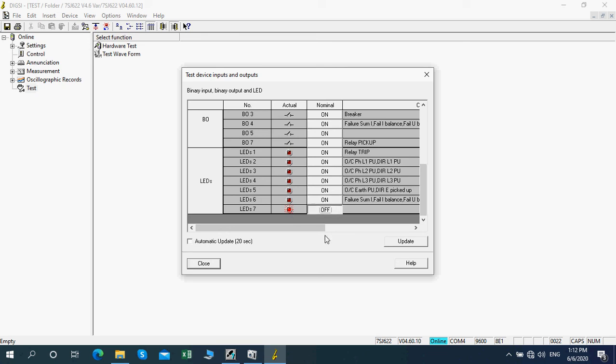Here in Siemens it's under test mode. In ABB this will be different, that is also under test mode. In Areva relay this will be under commissioning mode. So each relay has its own procedure, you have to follow that one. Before doing the actual test you do the hardware test. This is a simple clue before starting any relay test. Okay.